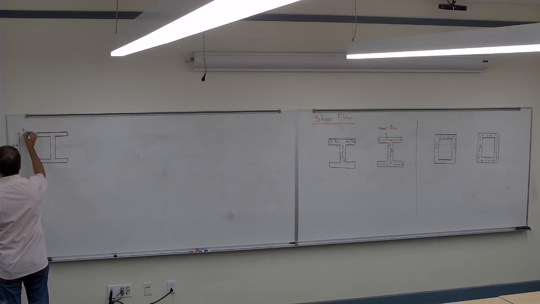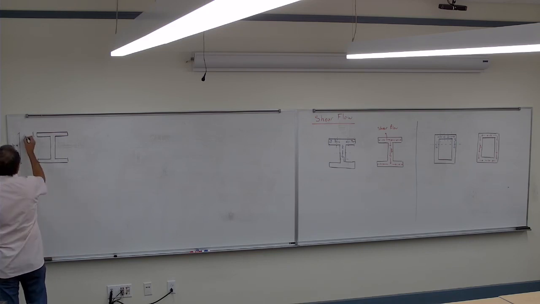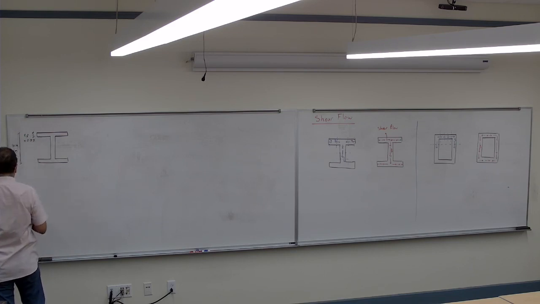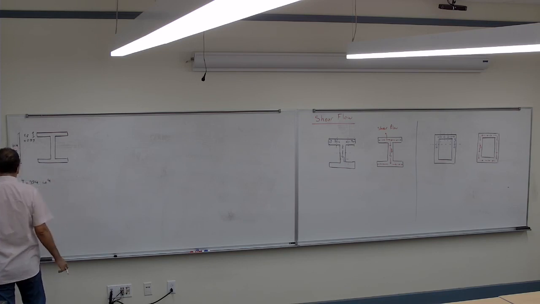That's the T of the flange. The T of the flange is 0.77. The I for this cross section is 394 inches to the fourth, and then